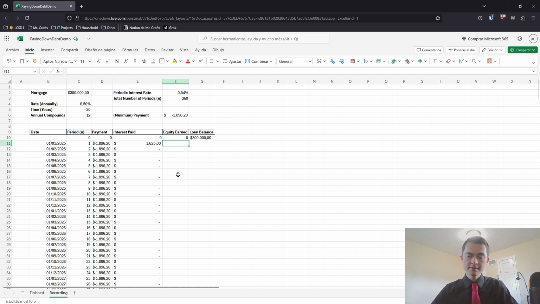Equity earned. This is how much of your payment went toward ownership in the home. When you're just beginning a mortgage, that's almost zero. It's very insignificant, because most of your payment early on in a mortgage, early on in any loan, goes toward interest. The way to calculate equity earned is, you made a payment to your lender. If you paid this in interest, which we just calculated, then the difference is going to be your